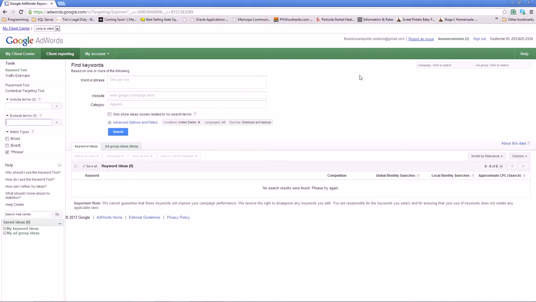Another important point is to exclude terms. So let's say, again, in this example, that I'm an auto repair shop, but I don't do body work. It's important to add these as exclusions or negatives. This is just going to ensure that we're not getting inaccurate estimates. This is going to help us get a greater degree of accuracy to our estimates before we present them to the client. So again, I'm excluding body, I'm excluding paint, and I'm going to exclude some other terms too, like class or course,